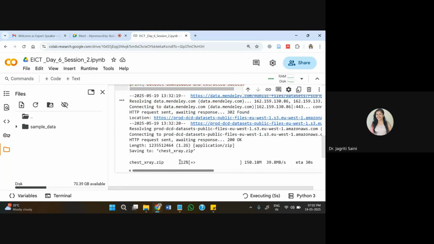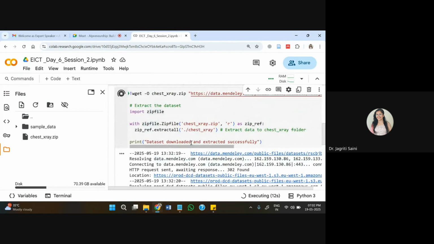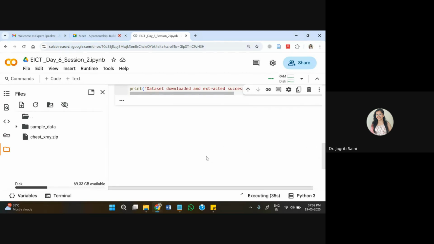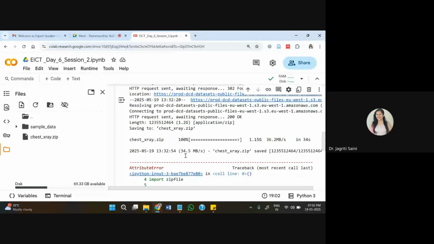You can see it is loading this zip file, and this zip is created now, you can observe, and then it will do the extraction process also, and the x-ray data will be created as a separate folder inside. So we'll have to wait for a while as it proceeds with the process, because depending upon the size of the data, it will take some time to update your repositories. This is fast enough, so I can see 100%.